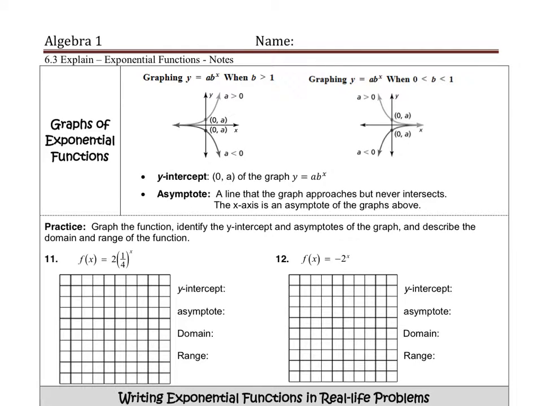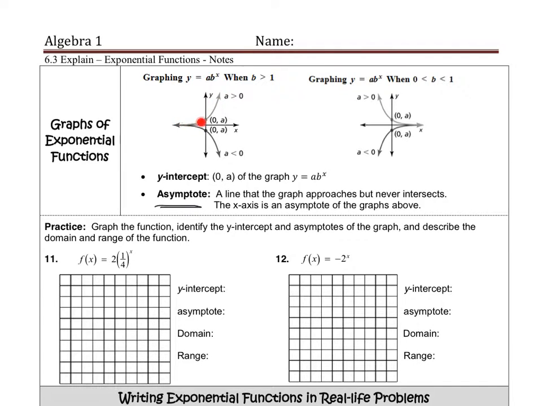Okay, welcome back to part 2 of the video. Now we're going to start exploring graphs of exponential functions. So there's two things that you need to be aware of on graphs. One is a new vocabulary word called asymptote. So if you're looking at this first graph here, notice